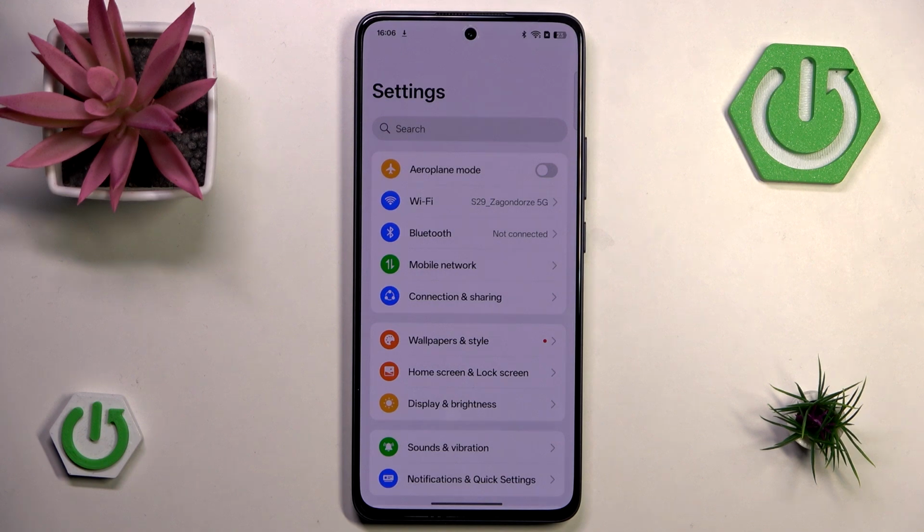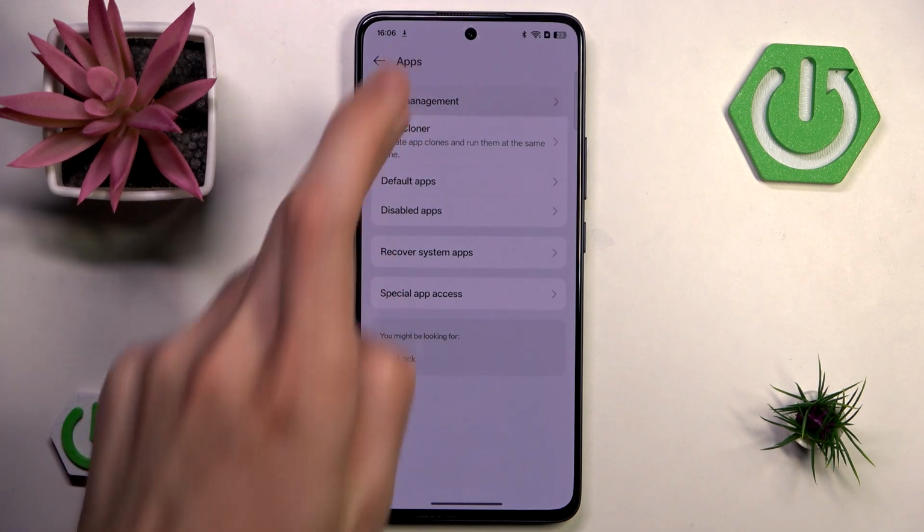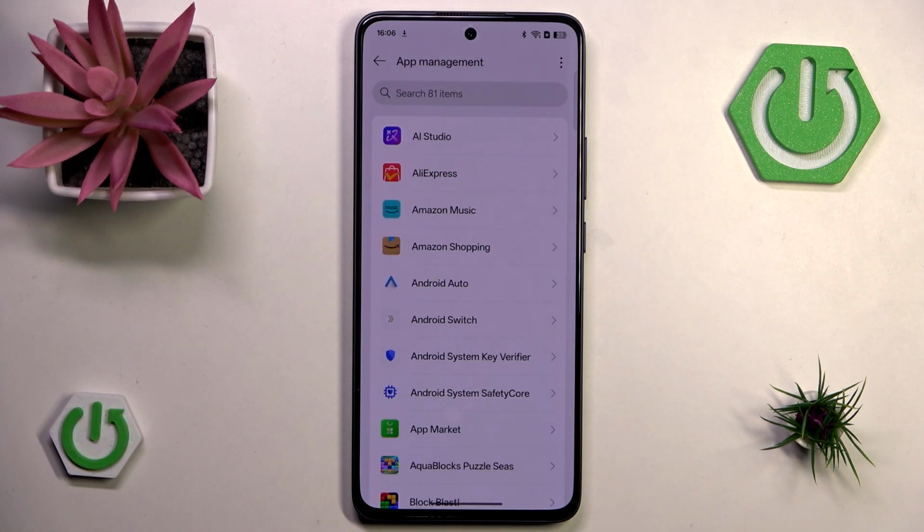And maybe there are some more important applications that need that power, or just the whole operating system on its own. You can go here once again to the app management, and just make sure that any kind of bloatware application that we have right here